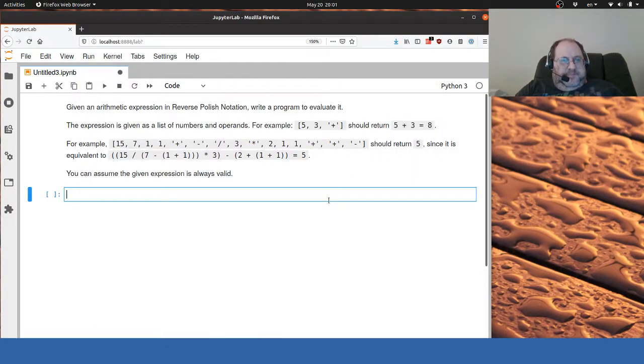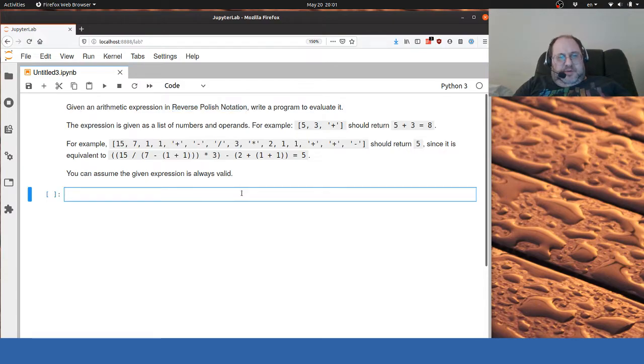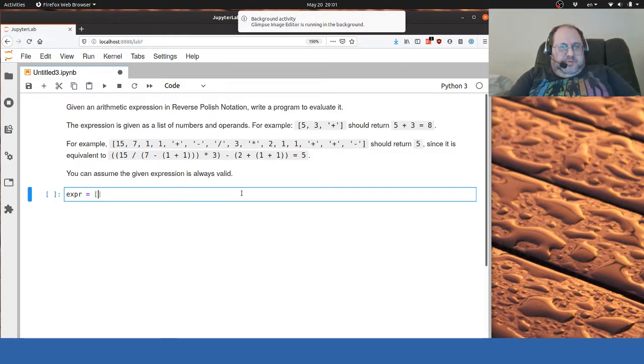Okay. Cool. So we're basically going to write something that does reverse Polish notation. Reverse Polish notation means the elements come first and then the operation. And this is pretty straightforward because the nice thing about reverse Polish notation is all you need is a stack. But as always, first we'll kind of put